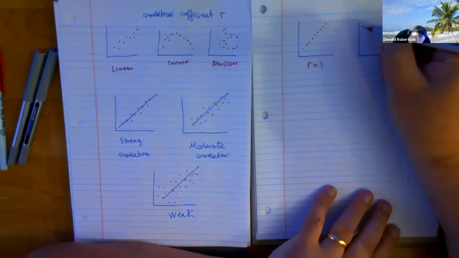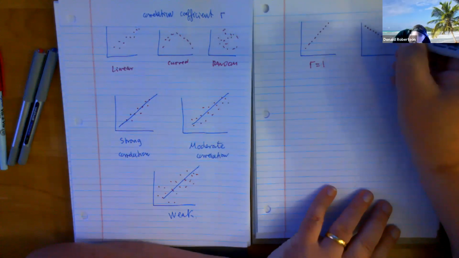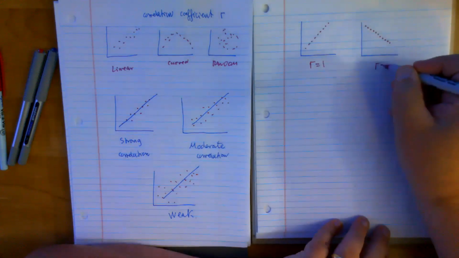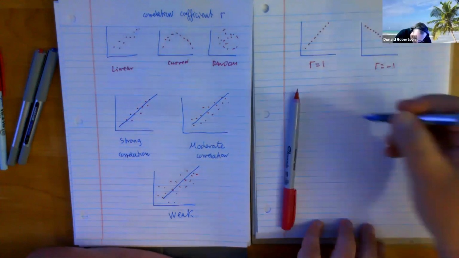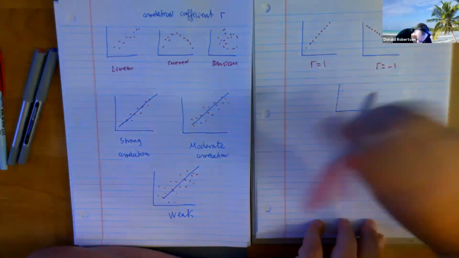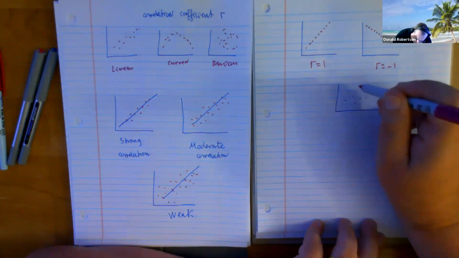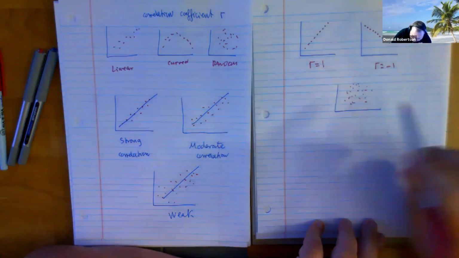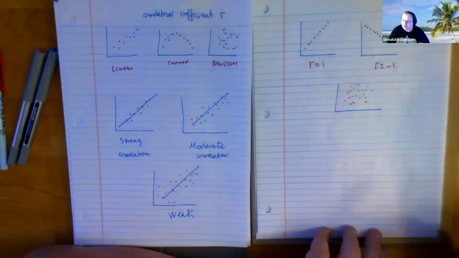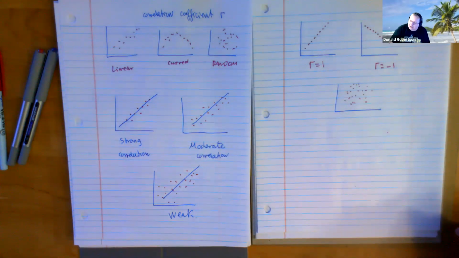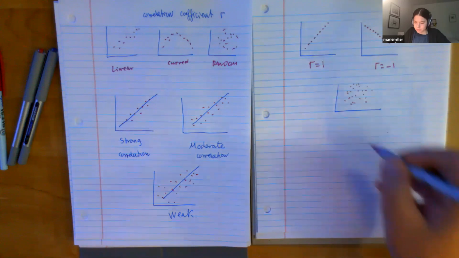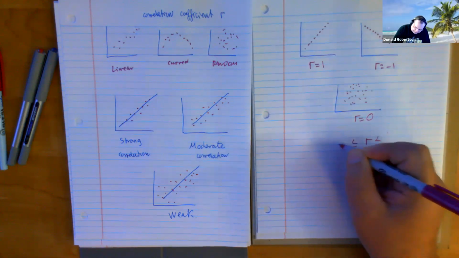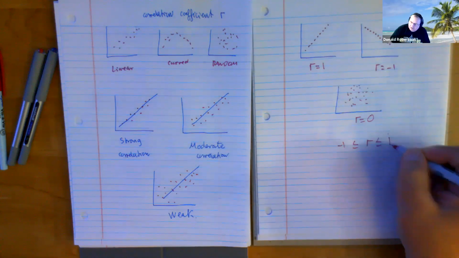What do you think the R value would be for a perfect fit? -1. Now, what do you think they would call a random set of dots? What kind of R value do you think you would get for that? 0. 0. Can you see then that the R values range between perfect straight line on one side, perfect straight